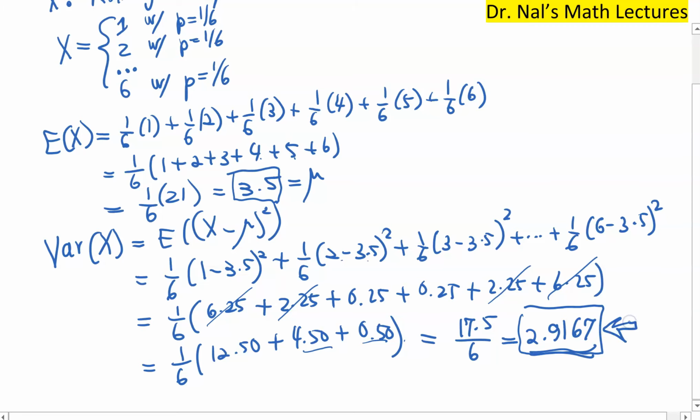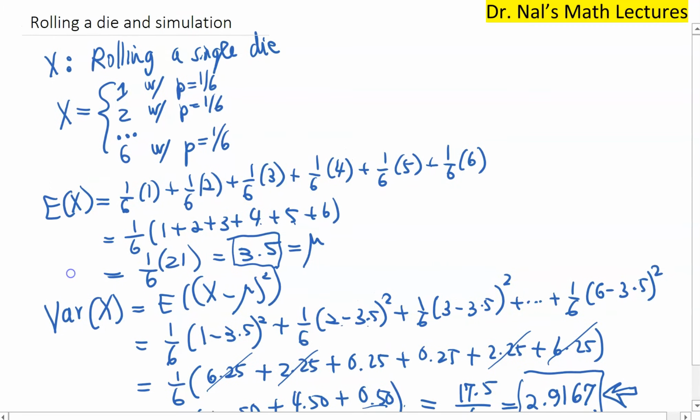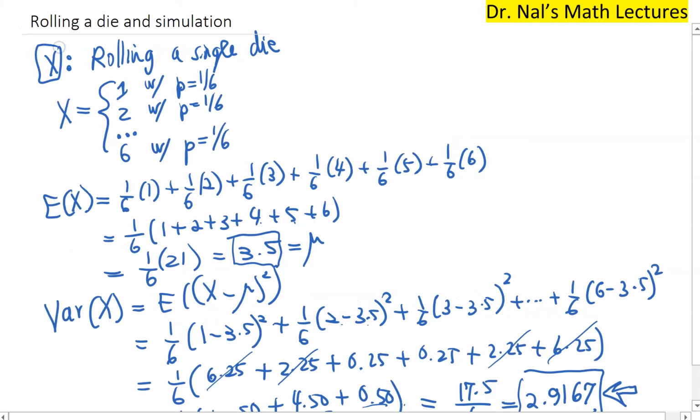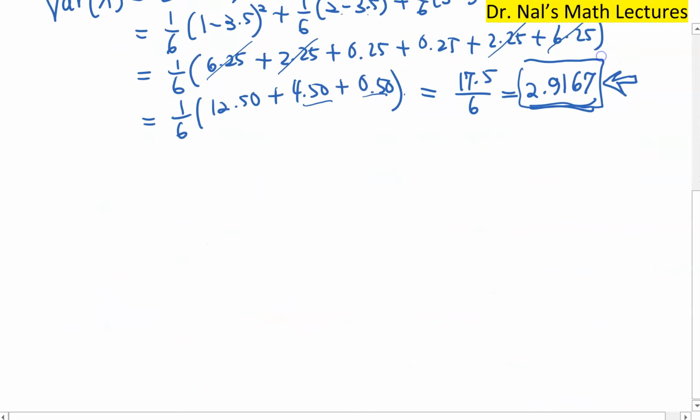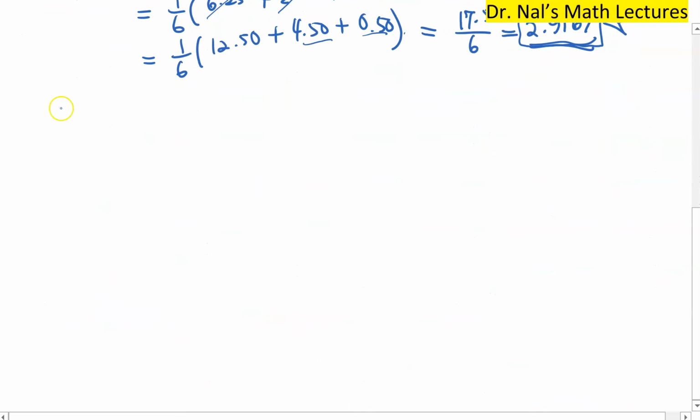Before I go further, just for the fun of it, what if the random variable X was not looking at the outcome of a single die? What if we were rolling 2 dice at the same time, and the random variable that we were looking for is the sum of the outcomes of those 2 tosses? All right, so let me just go ahead and quickly check that as well, just for the fun of it. I will directly go to the simulation after that. Sum of outcomes